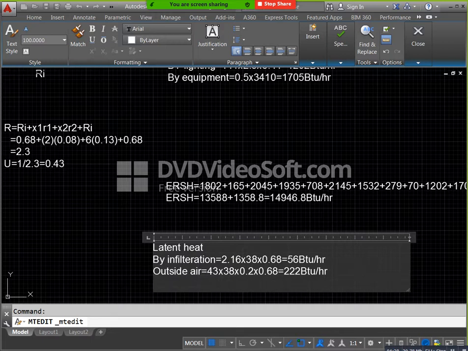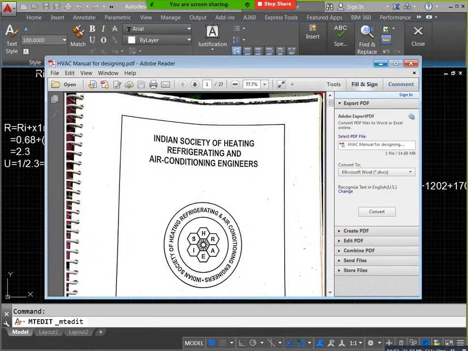Okay, latent heat gain from people, we need to calculate that. First of all we need to mention the number of persons. For example, in that room living totally 3 persons. At the same time you need to mention heat gain from people. Heat gain from people means we need to take 205. How can we take this? We have a standard heat gain chart for people. You can see that chart and take the value from it.